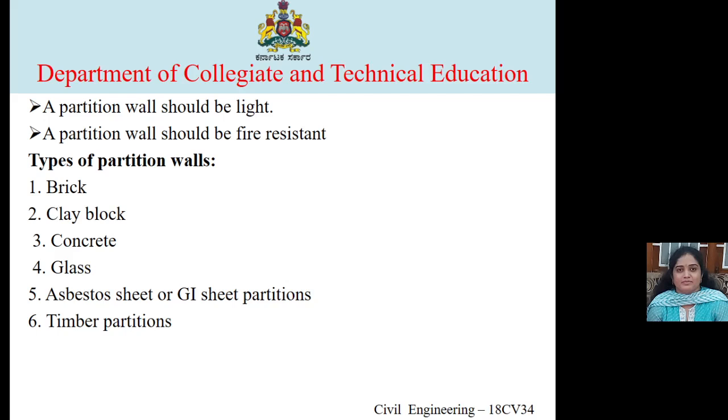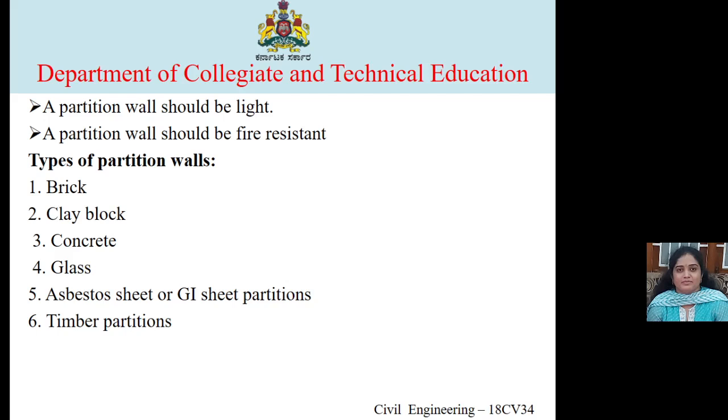So what are the disadvantages? They should not be constructed at places where damp is expected, for example basement floors and ground floors. They do not possess fire resisting property. They do not prevent the passage of sound to an appropriate extent. They are likely to decay or be eaten away by termites. So these are the disadvantages of timber partitions. There are two categories in making this partition.